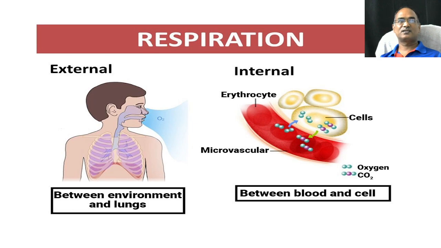The external respiration starts with the oral and nasal cavity, and finally it reaches the left and right lungs. And within the left and right lungs, it will reach every nook and corner. Up to this is external respiration. Then internal respiration, there are two areas. Blood tubes to alveolus, and from the alveolus to blood tube, and from blood tube to tissue. There are two internal respirations available within our body. This is about respiration, internal and external.